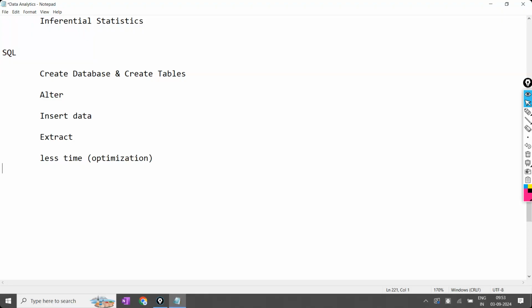Optimization will be here, and next we are going to learn Power BI, followed by Power BI. In Power BI, we are going to see what various plots are used for which type of variables, I mean which type of columns. For example, there is a gender column. In the gender column, what will be there? Male, female will be there. Male, female come under text data.